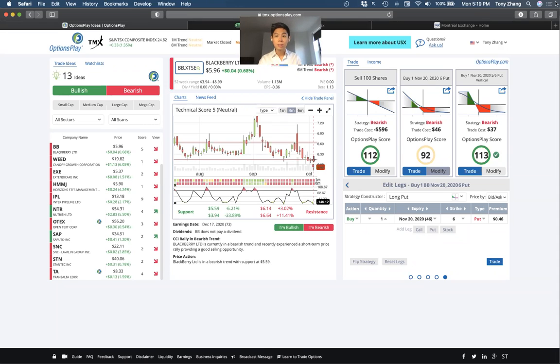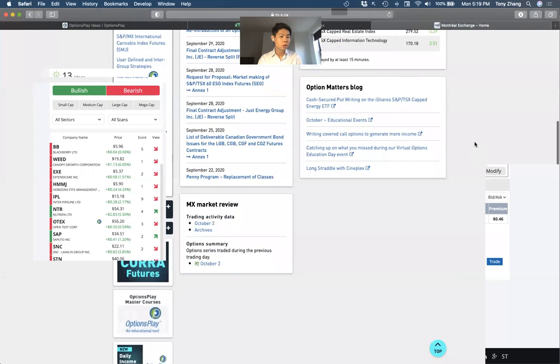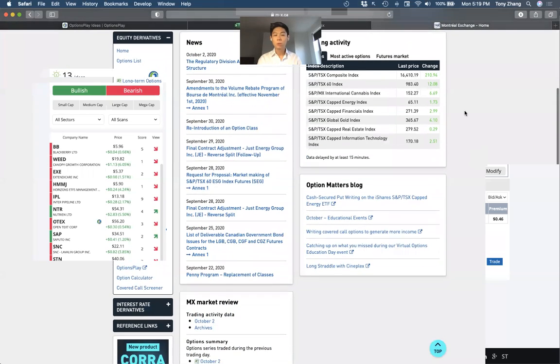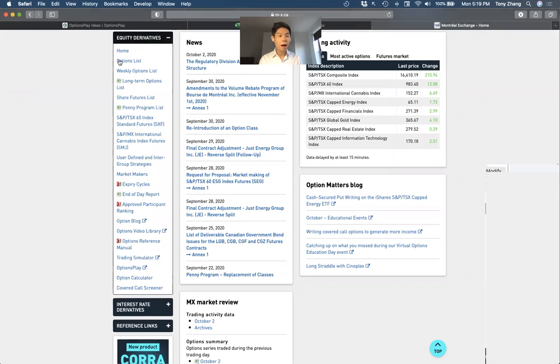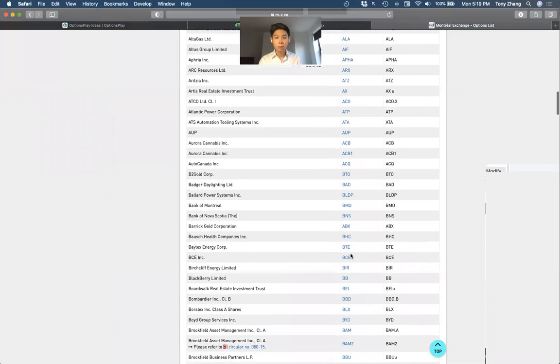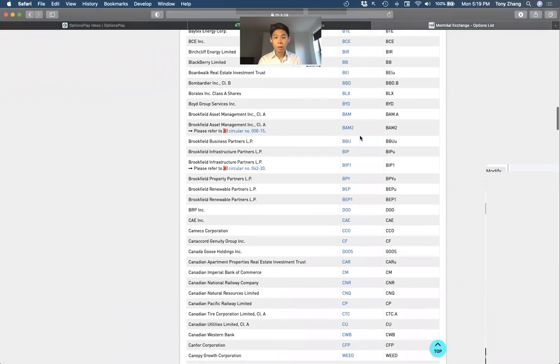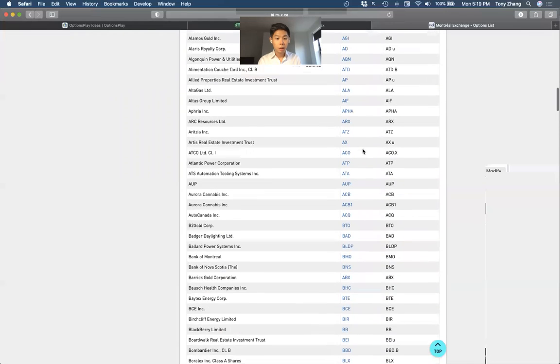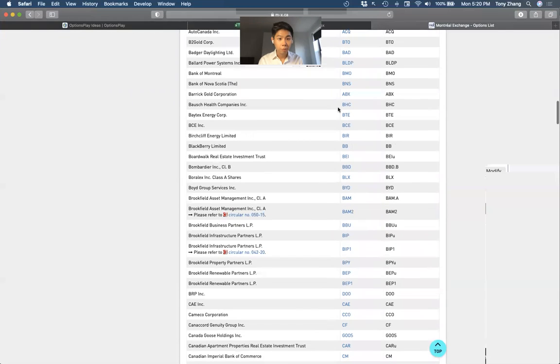Especially now that they're listing thousands of strikes, sometimes crazy amounts of strikes. So guess what? Naturally, open interest and volume are just going to spread out across a larger group of options, so you naturally have lower open interest and lower volume across each individual strike. If you want to look at volume, don't look at the volume of an individual strike price. Look at the volume of the whole option series. For example, even on something as liquid as BMO, Bank of Montreal, which is one of the most liquid options that you can trade in Canada,